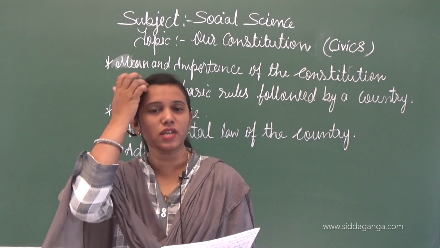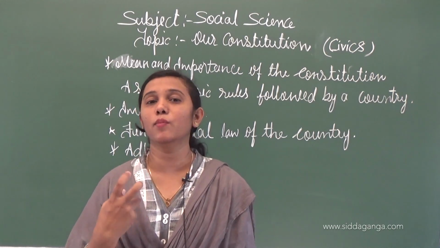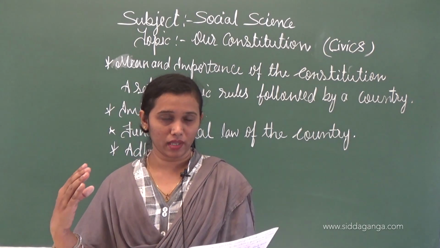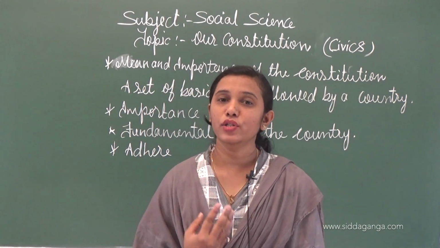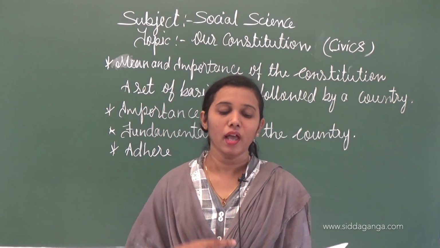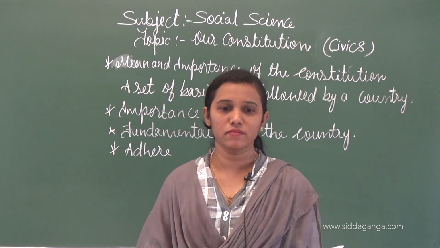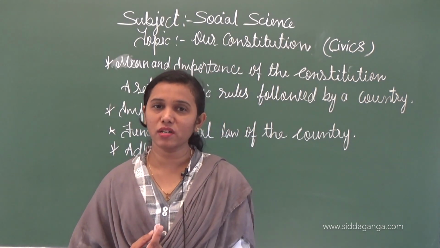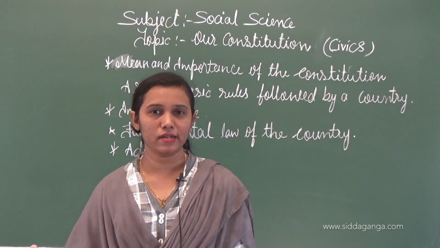Understood, children? Once again, listen here. The union government is mainly composed of the executive, the legislature and the judiciary, in which all powers are vested by the constitution in the Prime Minister, Parliament and the Supreme Court.